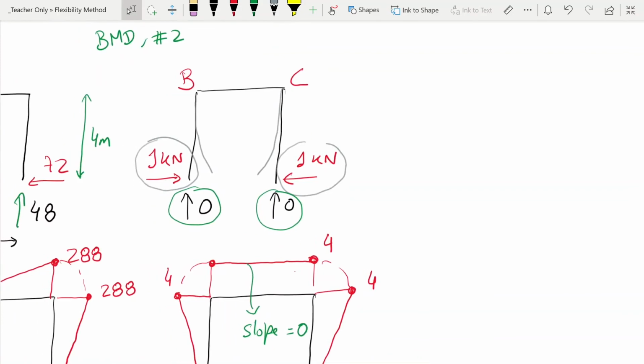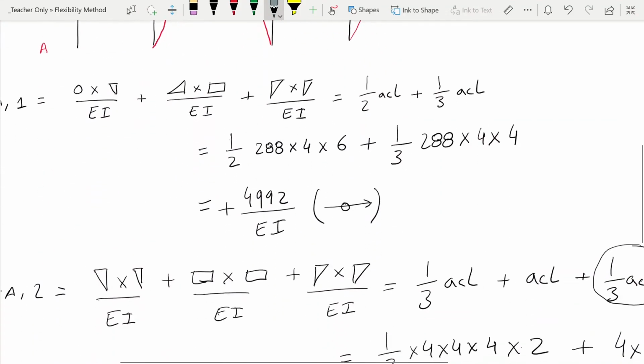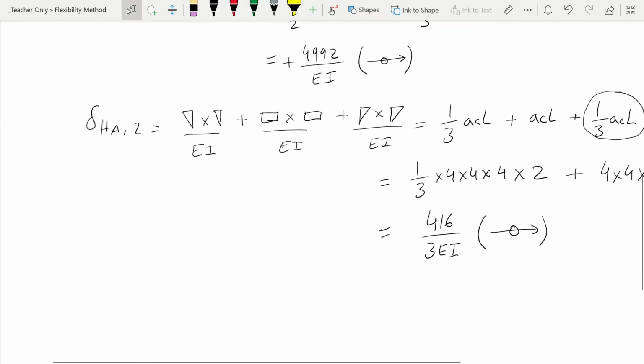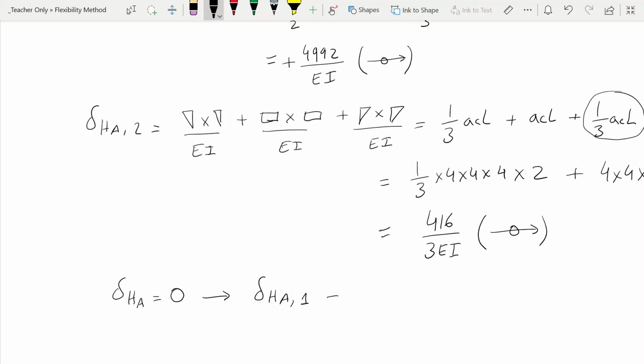If we're pushing that point to the right, it makes sense that it will move to the right as well. So this is the displacement we just calculated. Okay, so now let's get our compatibility equation. We know that the actual displacement at the support A needs to be 0. And we also know that that is nothing more than the 1 from structure 1 plus HA times the 1